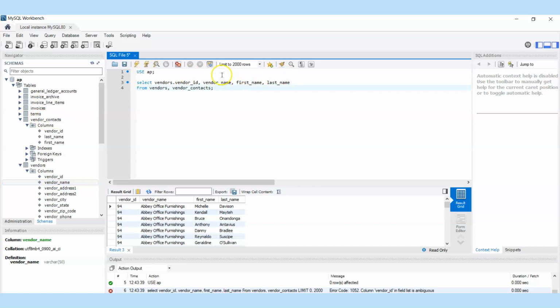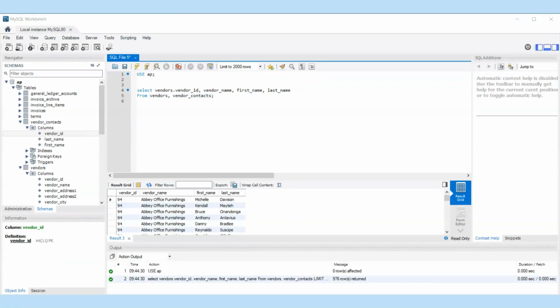Simply we wrote our first implicit inner join. And there is only one problem in the results. If you look at the result grid, you will see many same vendor IDs with different first names and last names. So there is something that we have to add in our query, and that's